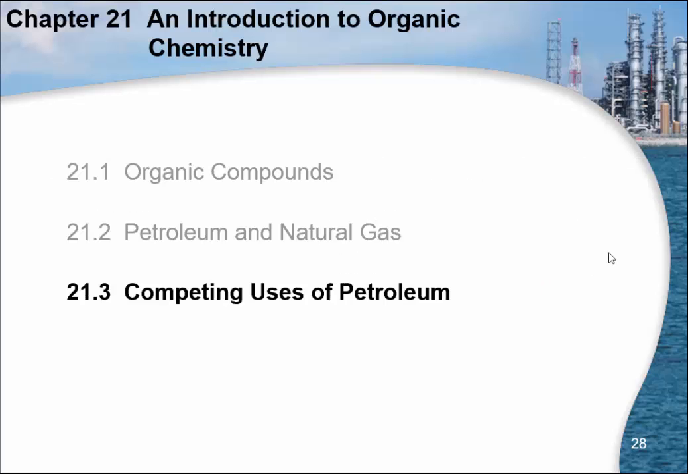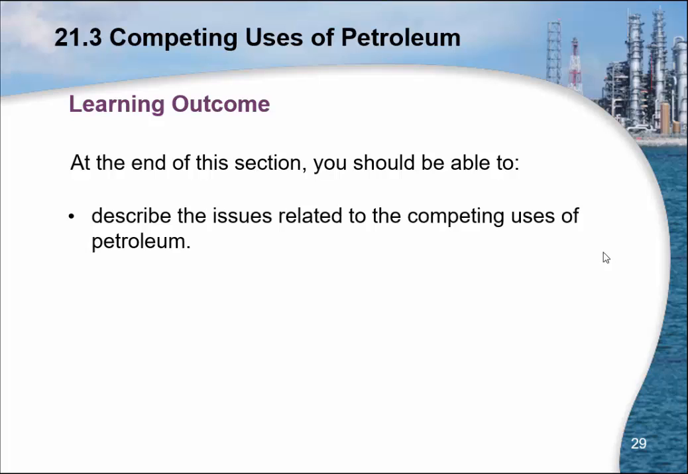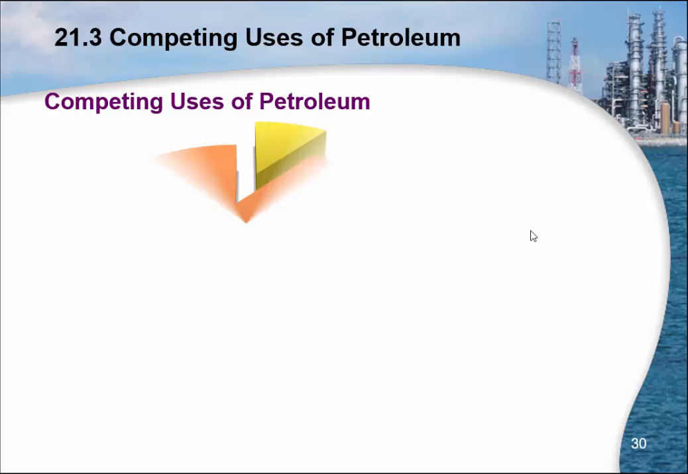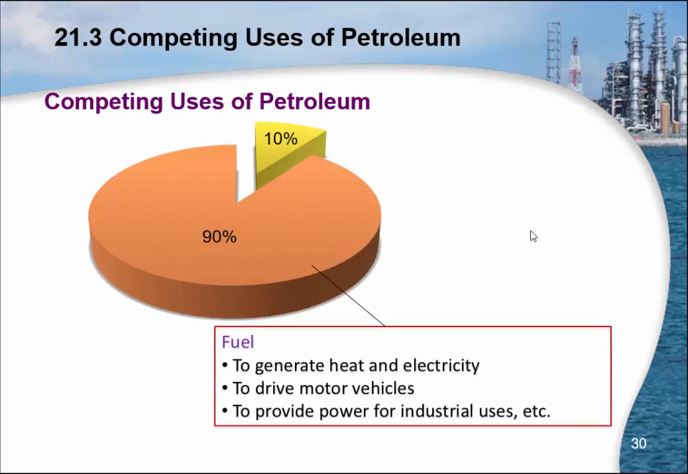Last section, competing uses of petroleum. In this section, you'll be able to describe the issues related to the competing uses of petroleum. Competing uses means there are many different users competing for the petroleum. For example, in this case, you can see that 90% of the petroleum is used as a fuel, while 10%